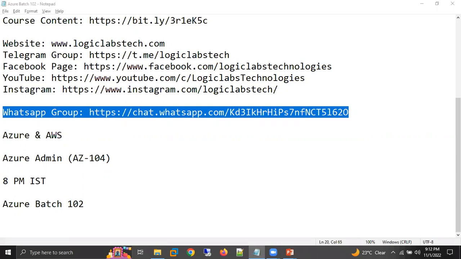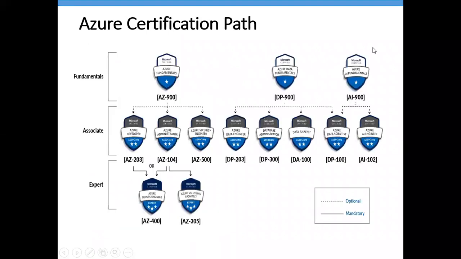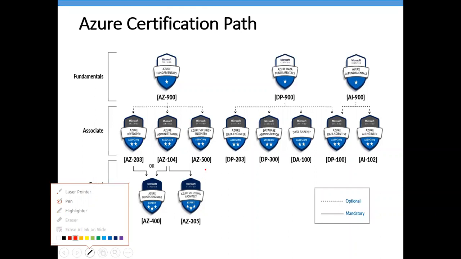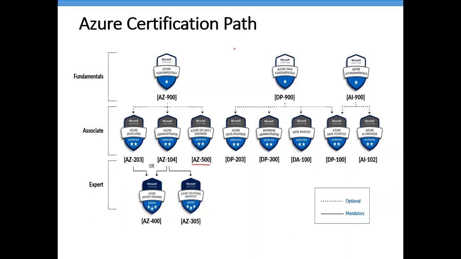First of all, you can go for this training, Prakash. The things you're talking about are not going to be covered much in this training. We're not talking much about the security part. This is admin training. The security part is an upcoming step, which you can go for. If I go with the certification path, here we have other things: database admin, data analyst, data scientist, AI engineer, data engineer. These things are coming in. Or if you're talking about the security part, that is also here. Which one, sir? Azure Security, AZ500.